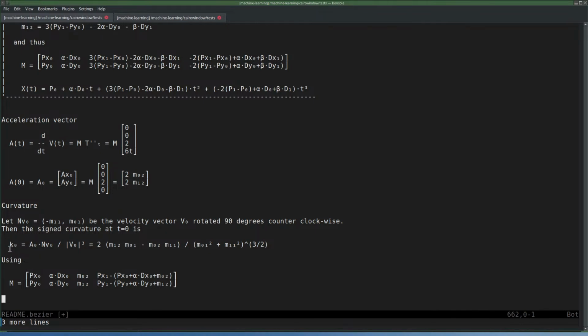And therefore I also know the curvature. You could calculate that if you just replace a 0 here with a 1, this part. But